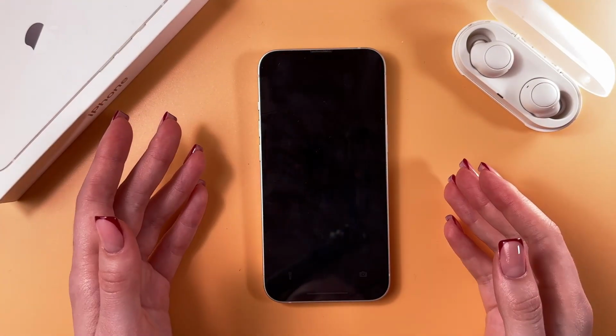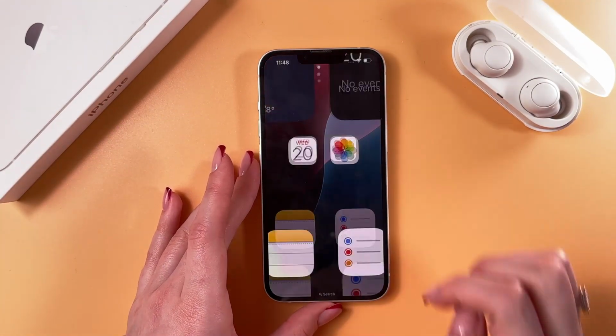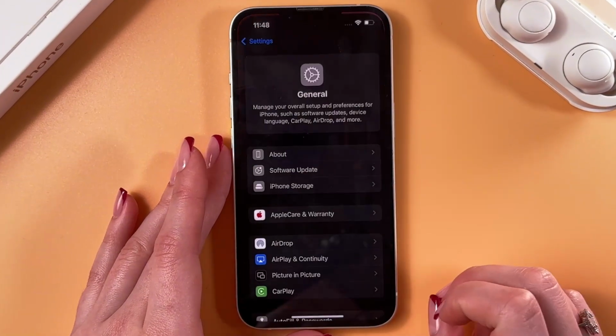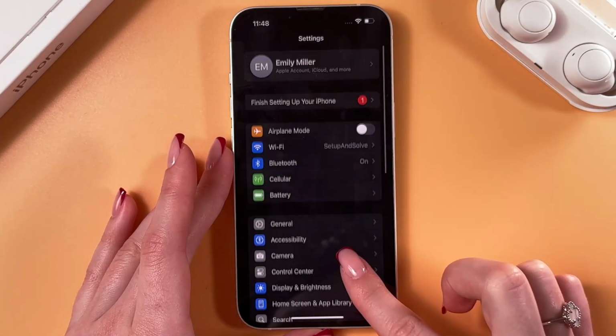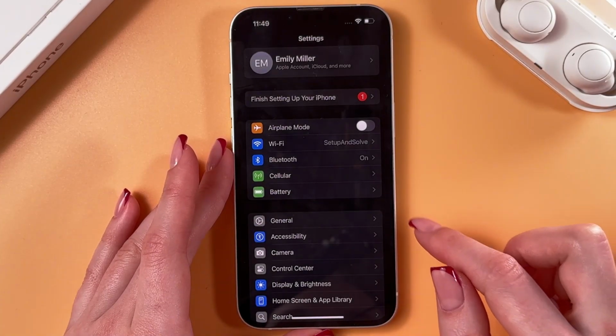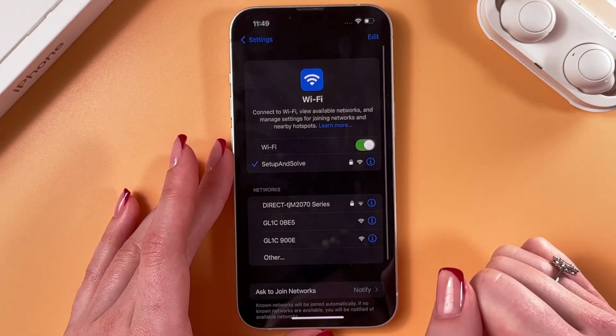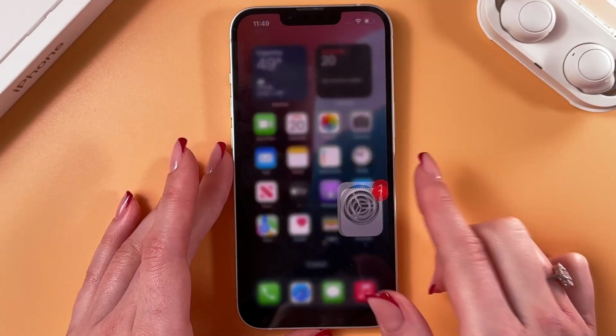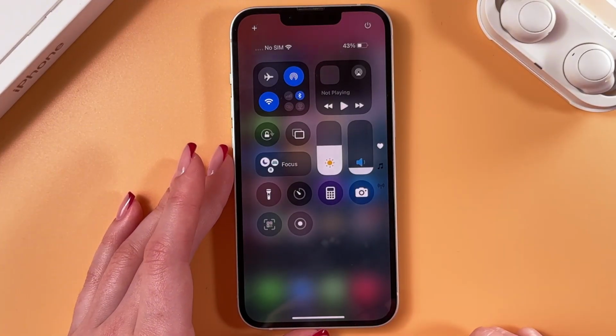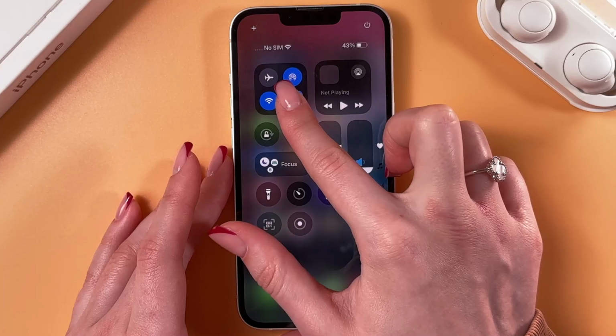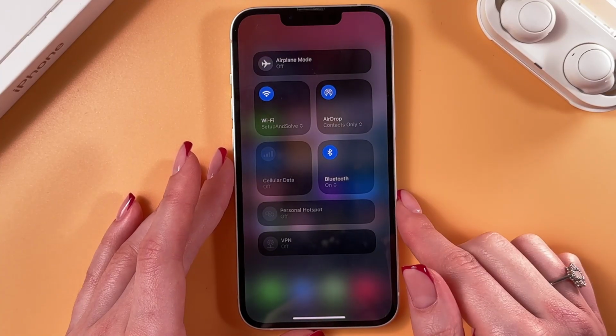Hi, to use AirDrop on your iPhone 13, as a first step, unlock the phone, go in the settings. Here we need to go in this section Wi-Fi and make sure that it is enabled. Now after that, just swipe down from the upper right corner, press this tab with Wi-Fi, and here you would